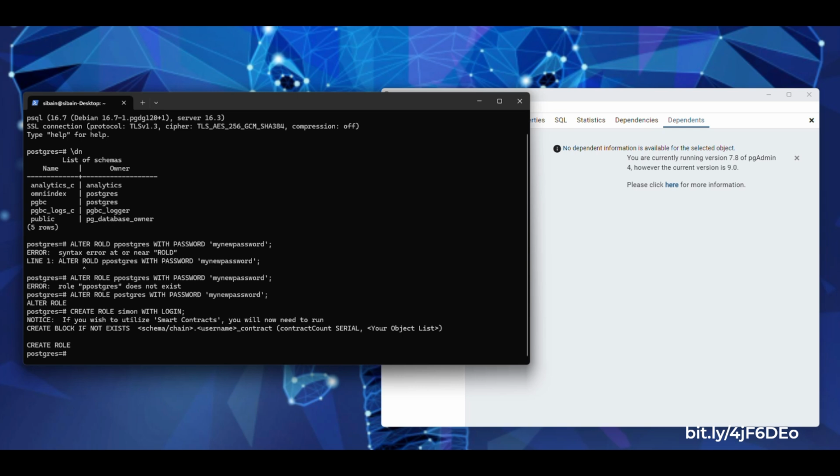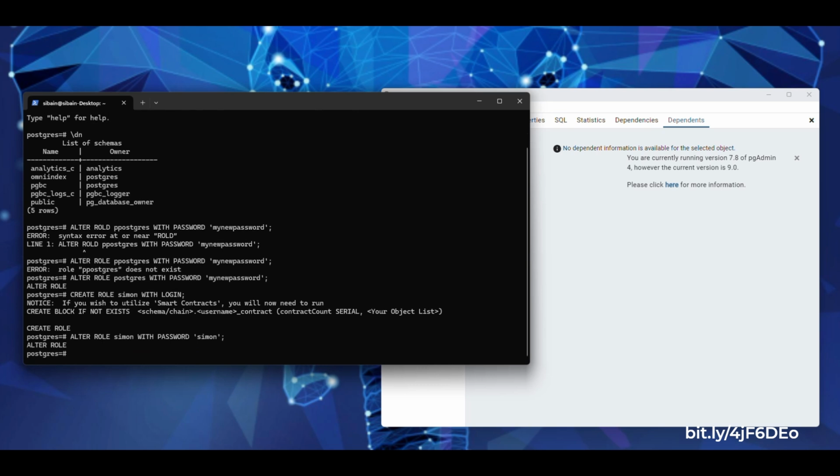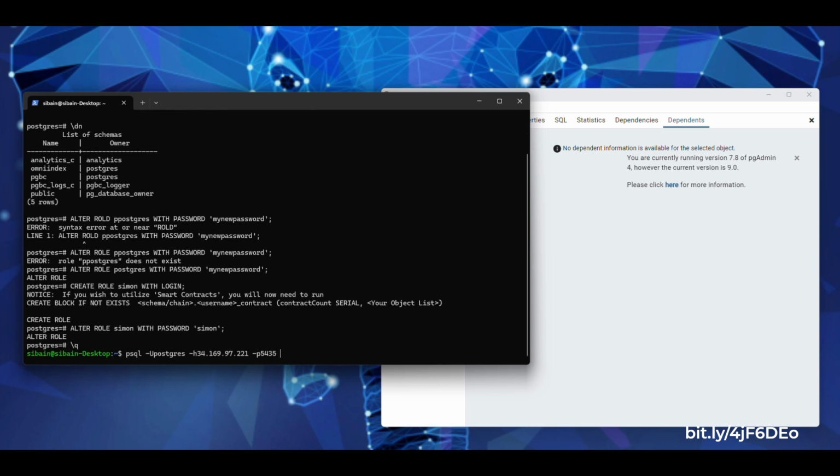So now that the role's been created, I'm going to give it a password. Alter role Simon with password 'Simon', nice and secure. Okay, role has been altered. So if I now come out of that, come into this with Simon,